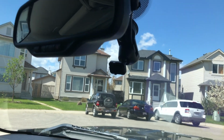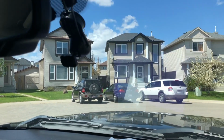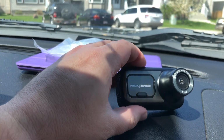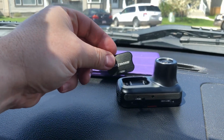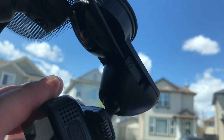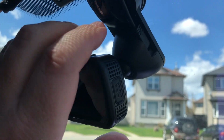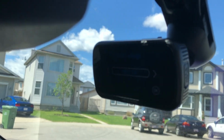So with that wired, really all that's left is to mount the camera, which again is impressively easy. You can see the camera here just has a little cover on the front, and we just need to peel that off. It's magnetic. It's not clipped. It's actually a very strong magnet. And I'm going to take that and I'm just going to pop the camera. You can see, it just snapped right in with the magnetic mount, and it's nice and firmly in place